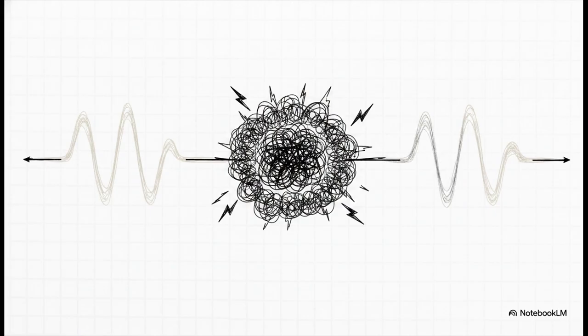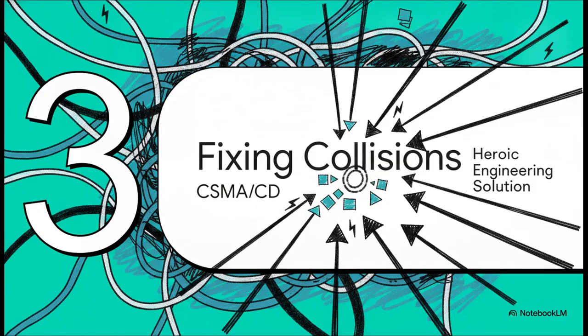When two electrical signals collide on a shared medium, the voltages combine and distort. All those nice clean ones and zeros instantly turn into unrecognizable garbage. Without our trusty traffic cop to manage this, a shared network with multiple active computers becomes completely useless really fast. Which brings us to fixing collisions,